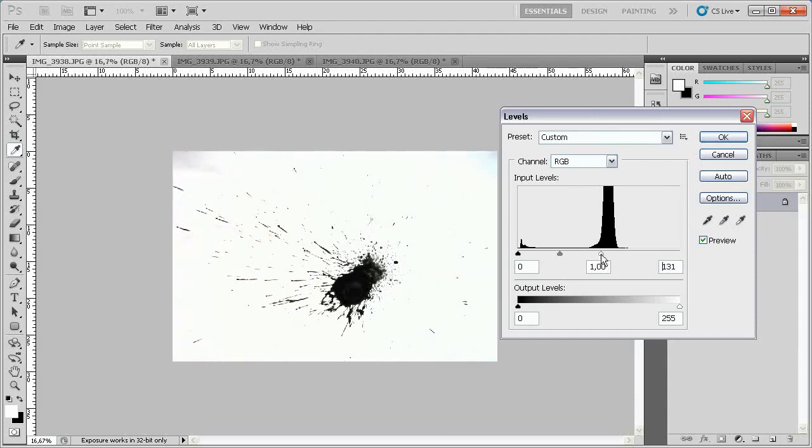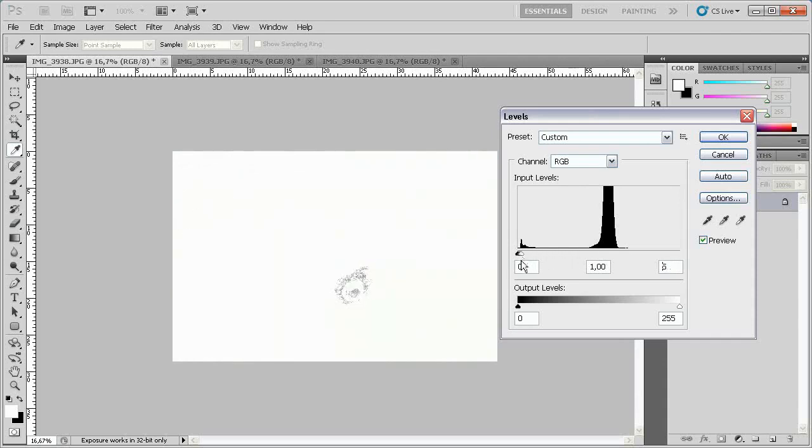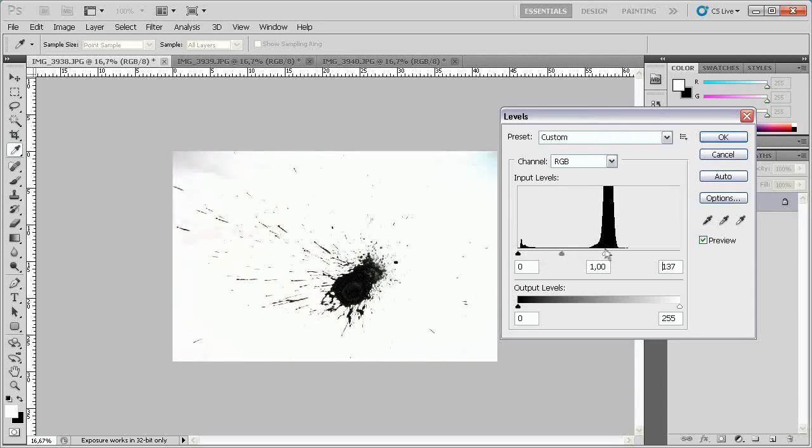And don't crank it up too much, because if you do that, you're going to lose detail, as you can see. I think something about 120 should work perfect,